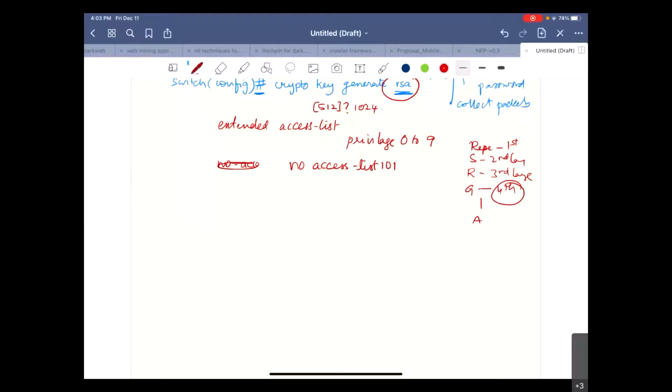So there are commands: no access list 101, access list 1 remark permit SSH access from. So you require some knowledge on how to configure the switch and how to configure the SSH. Otherwise, we will give a lab on this. You can connect to security skills dot